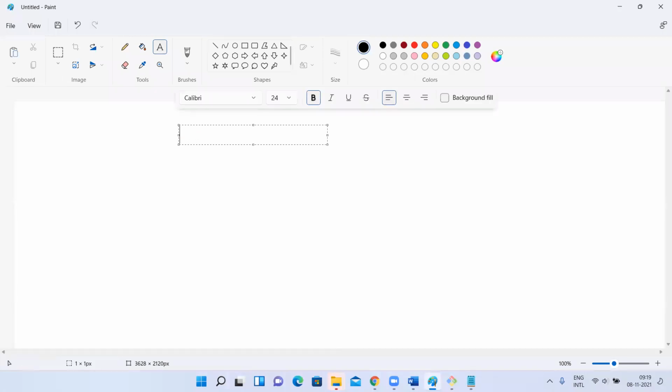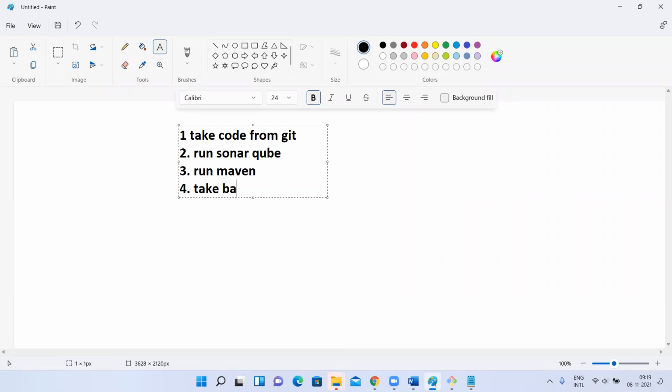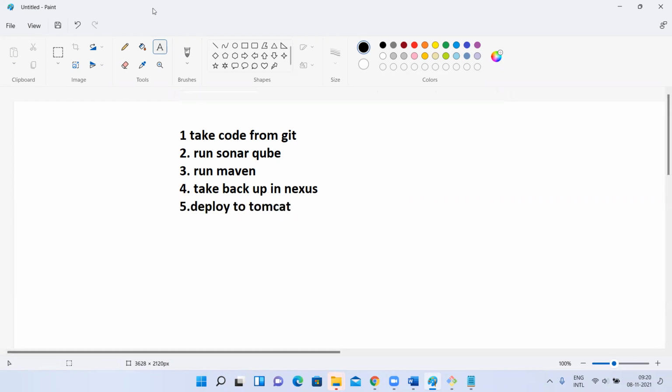Now, without doing these four steps, can I directly deploy into Tomcat?